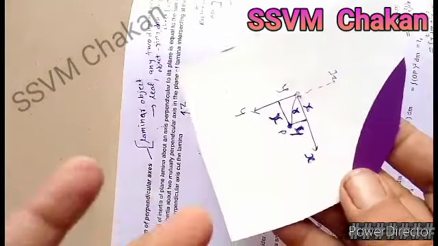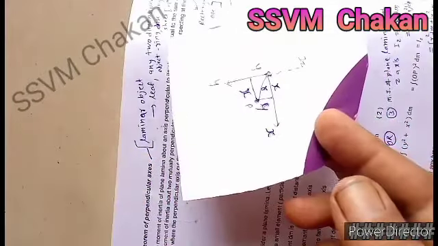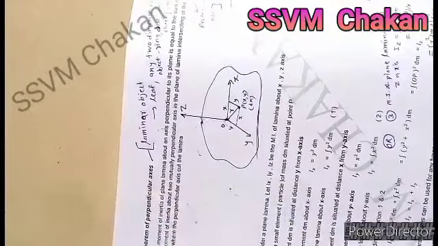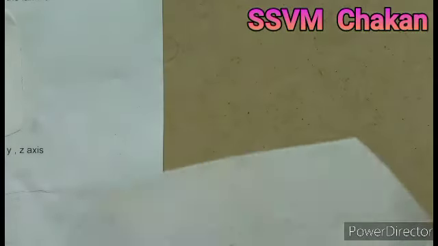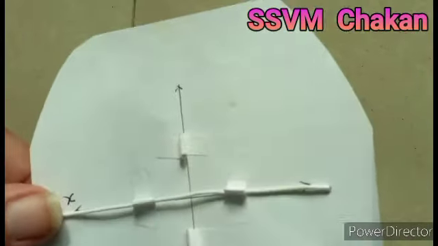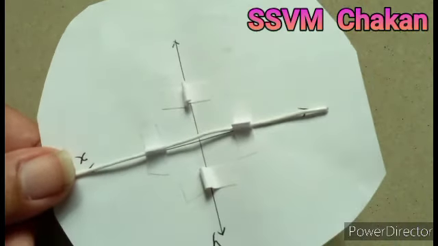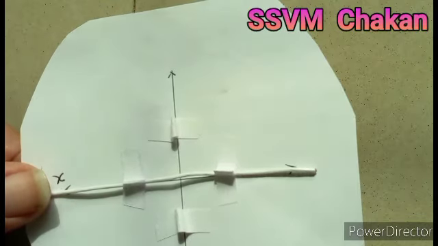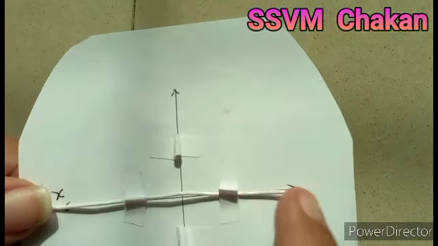Or any plane sheet, metal sheet, paper sheet, you have to consider. These are the laminar bodies. That is a plane sheet type of bodies. This is a plane sheet, so it is a lamina. So we rotate this object along the x-axis. This is your x-axis. We rotate that object along this x-axis.